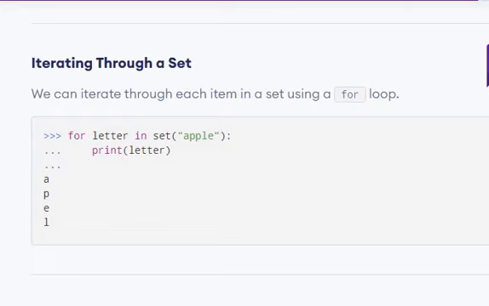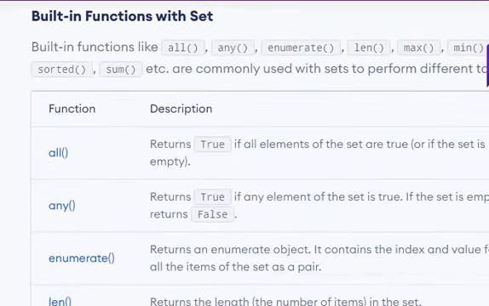We can even iterate through each and every item in a set using a for loop, which we did in the last sessions for lists and tuples also. So we have some built-in functions: all, any, enumerate, length, max, min, sorted, sum, etc. And they are commonly used with sets to perform different tasks.